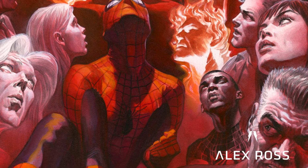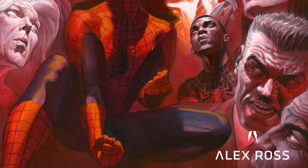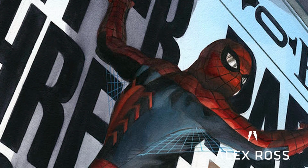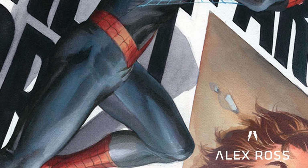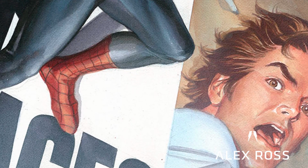But so graphically, as just a pure, cool costume design, there was something so brilliant about it that was conceived exclusively by Steve Ditko, who designed the character that, again, is one of the most popular and